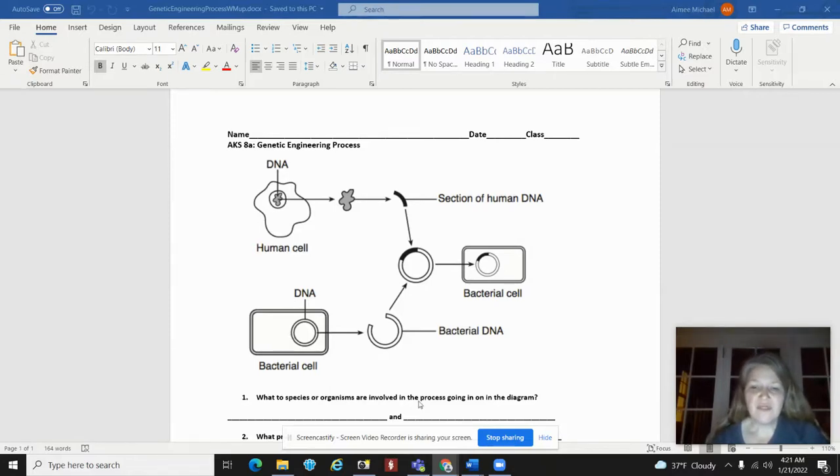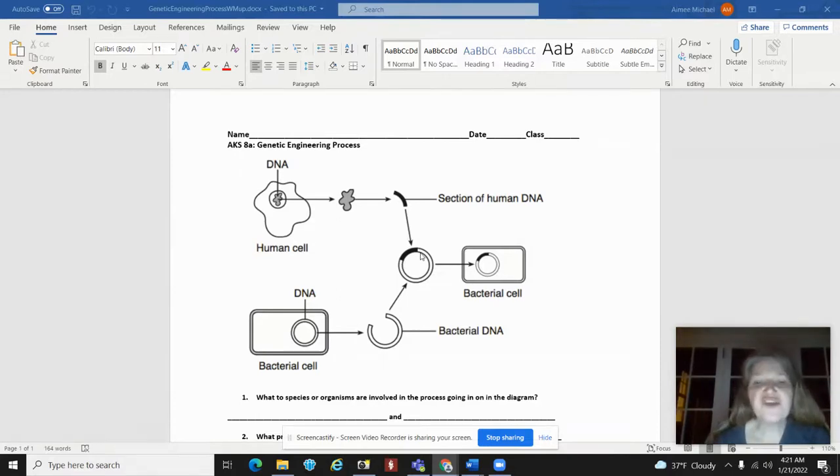So this particular set of DNA is going to be modified. And bacteria and humans, those are two different species. So when you have genetic engineering of a genetically modified organism, you're going to have two different species. Okay. In this scenario, you have a section of human DNA being inserted into the entire genome of a bacterial